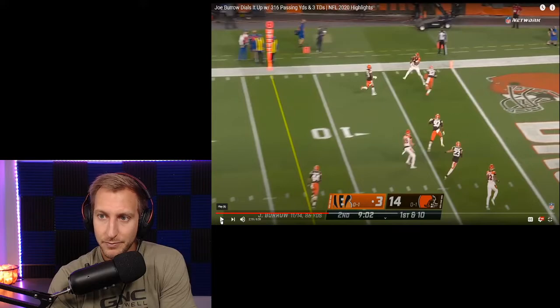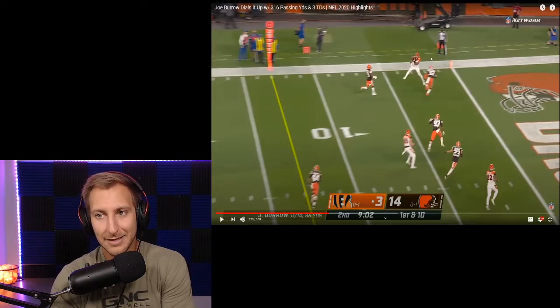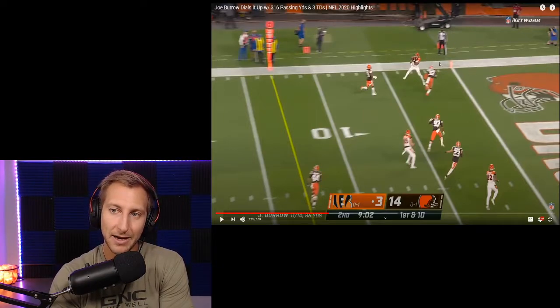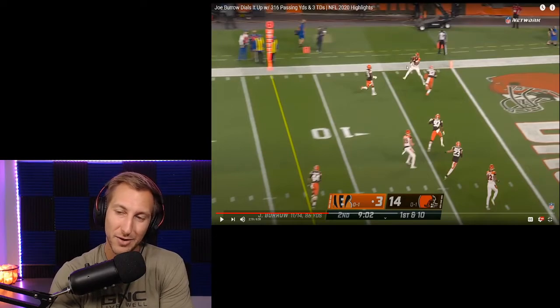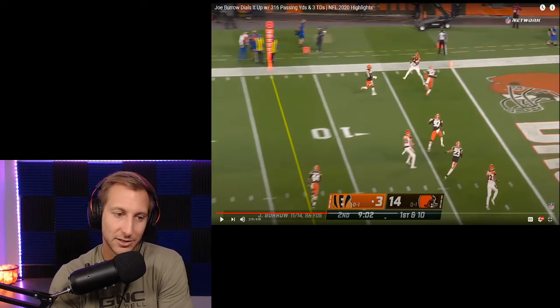I guess so. I guess it's a little underthrown. I can't tell. If he hangs it up there, he might not have any room. So it might not be underthrown. This is pretty. I mean, obviously it's a touchdown, it's a good throw, all that stuff. But